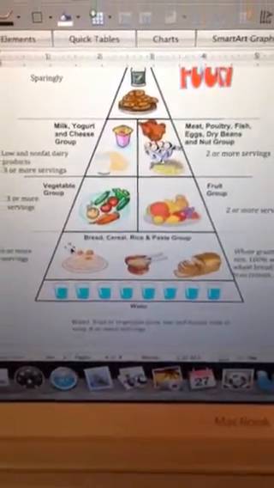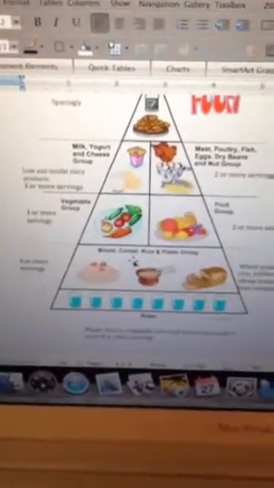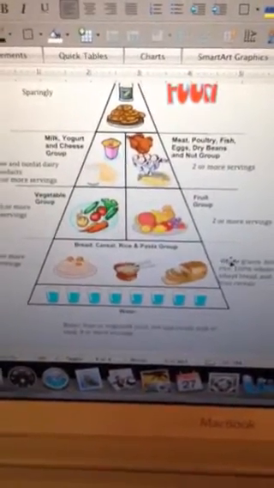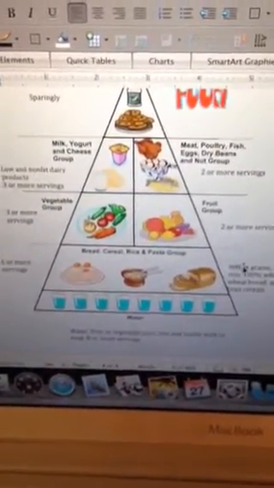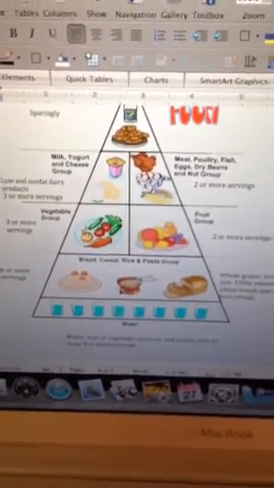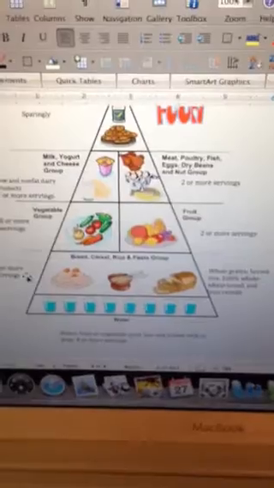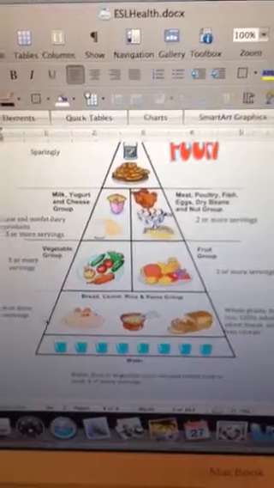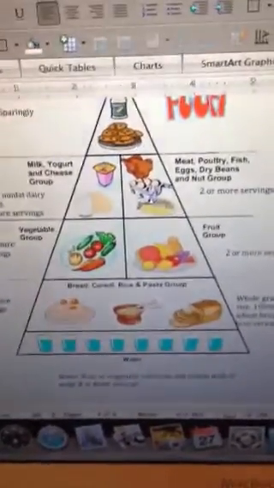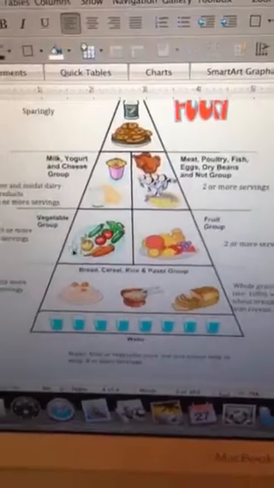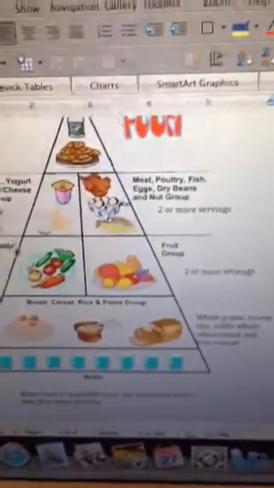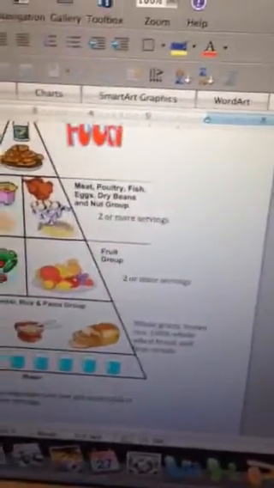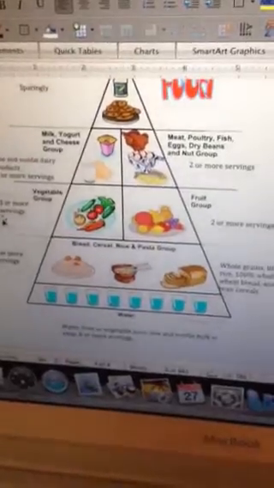The next category is grains. And grains are considered whole wheat bread, brown rice, and bran cereals. So these types of foods are going to be darker in color as opposed to a yellow or a white. And these you want to get 6 or more servings a day. The next is the vegetable group. Everybody knows what a vegetable is. So the leafy greens, your carrots, all the yummy stuff like that. That is going to be 3 or more servings.